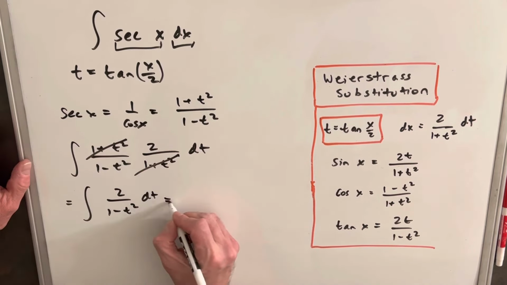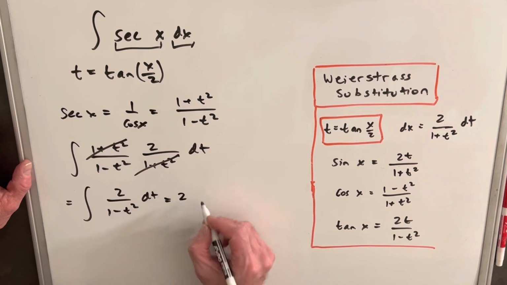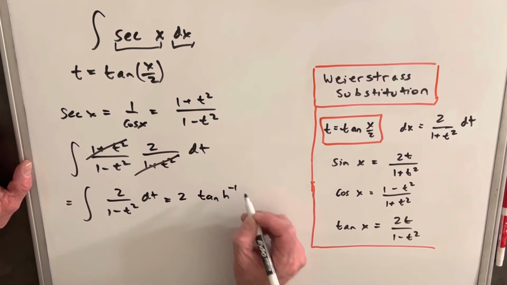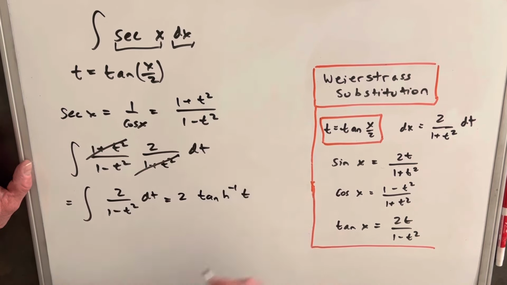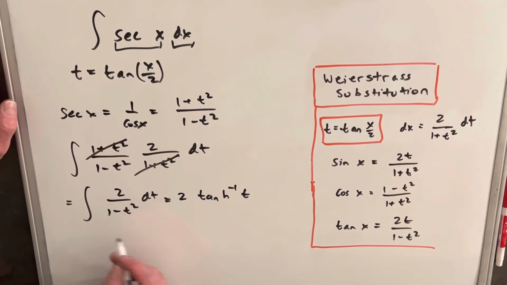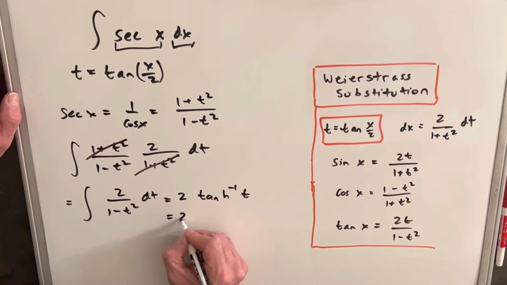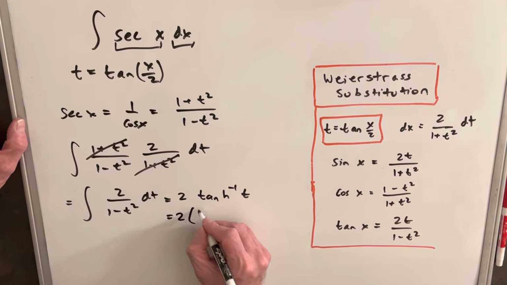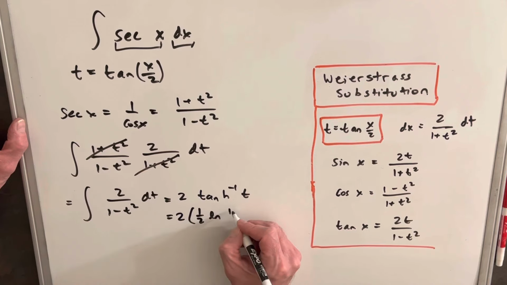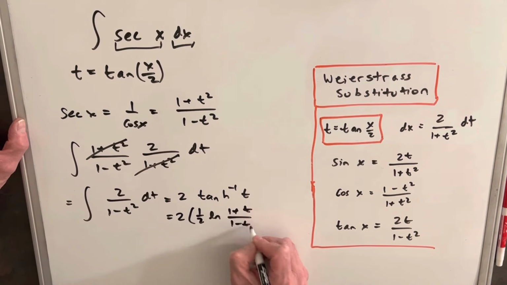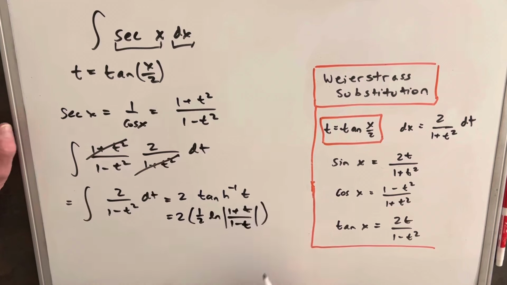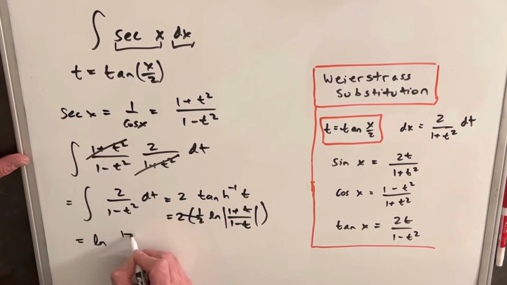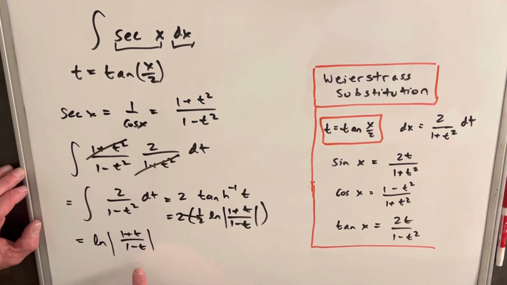And this 1 over 1 minus t squared is a common integral. We could write this as hyperbolic inverse of t. But we're actually striving for an answer with ln, so I'm going to write this a different way. We're actually going to write this as 2 times, and this piece can actually be written as half ln of 1 plus t over 1 minus t. But the 2 and the half are just going to cancel, and we're going to have ln of 1 plus t over 1 minus t. And we could back substitute right now,